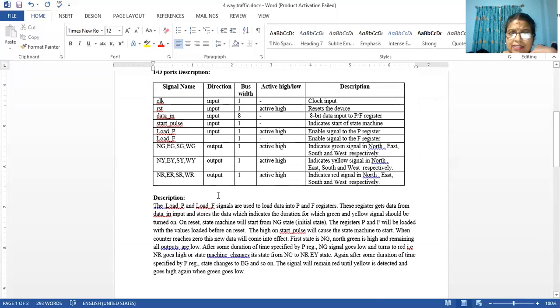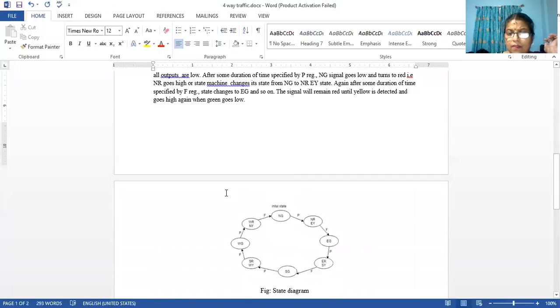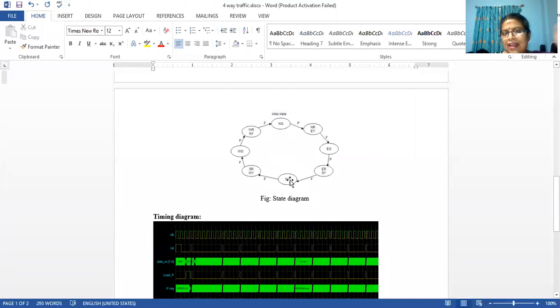In the south green state, I will make south green as 1. Remaining all the other greens are 0. All the yellows are 0. South red is 0. Why? Because either my green, yellow or red can only be high at a time. So north red, east red and west red become 0. Hope I am clear. Now from the south green again, I am having 40 seconds, correct? 40 seconds I wait for it and move to what is pending.